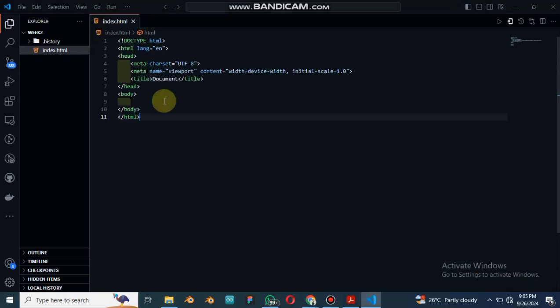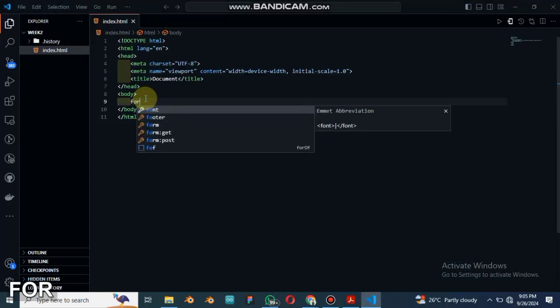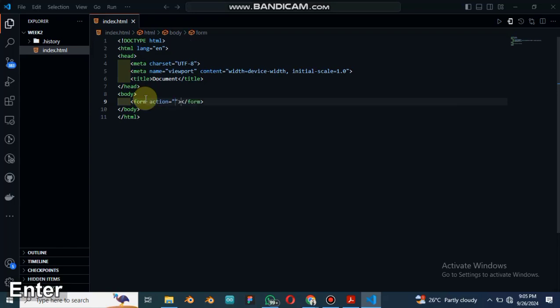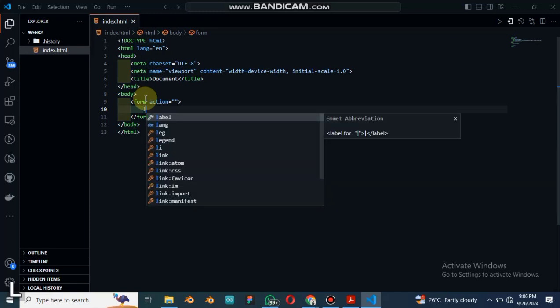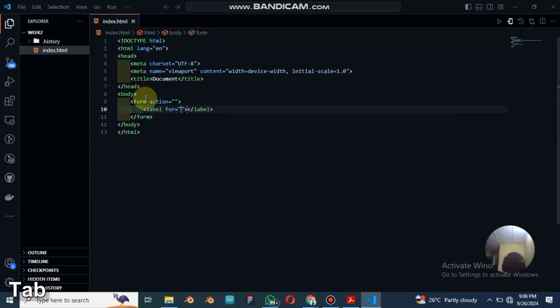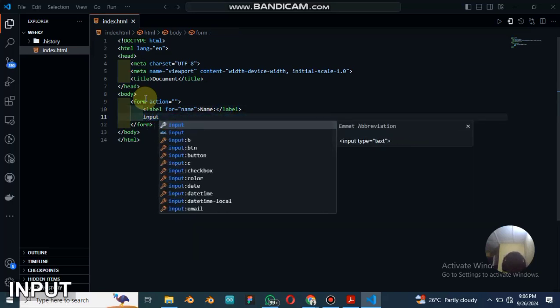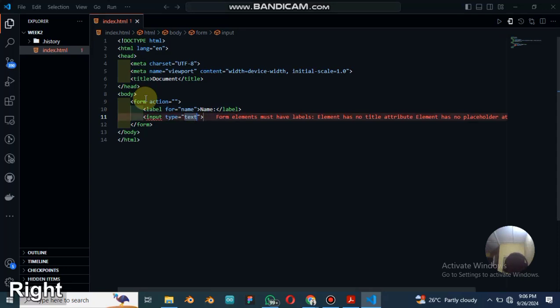So we are going to start by creating our form. We don't need the action and we don't need the post, since we are not sending this to any backend. The first thing that we need now is to create a label for what's your name, and you write name. Then also create an input for text,